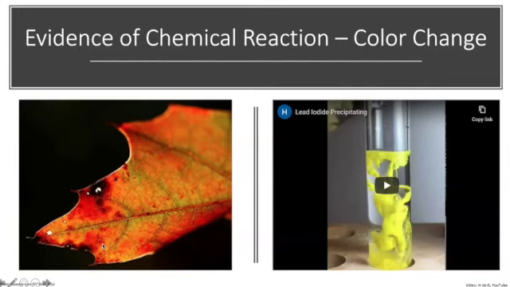Color changes are the best example of a chemical reaction. This is a leaf turning colors in the fall, so from green to red, yellow, orange. It's not magic, it's a chemical reaction. For leaves, it's actually a series of reactions. Leaves turn yellow, red, and orange in the fall because there's less sunlight, and so the plants stop making a compound, chlorophyll.